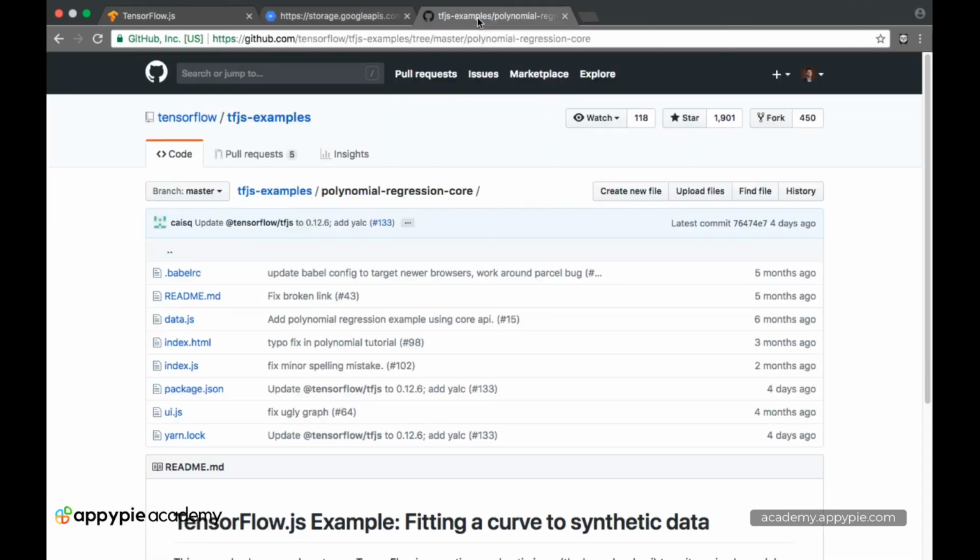Okay, so just to do that, we'll be implementing each and every line of this code.